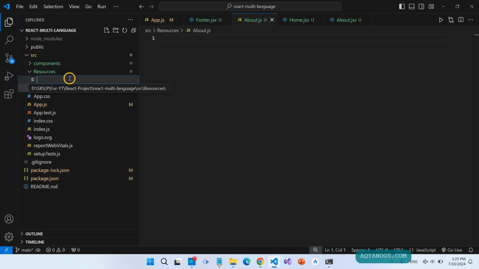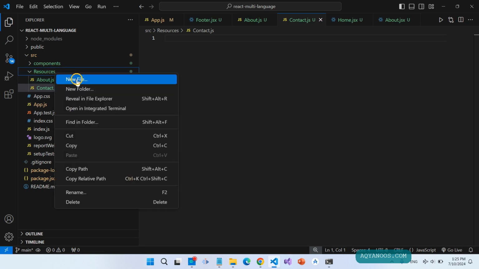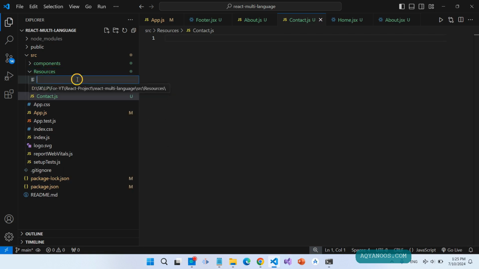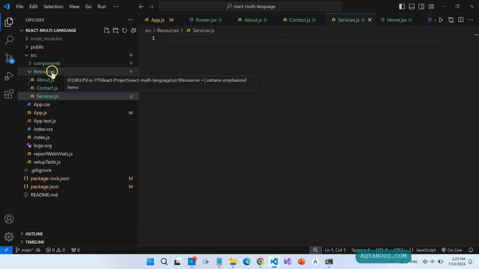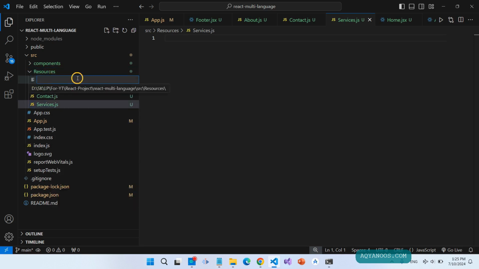And then for the contact page, contact.js, services.js, and shared resources